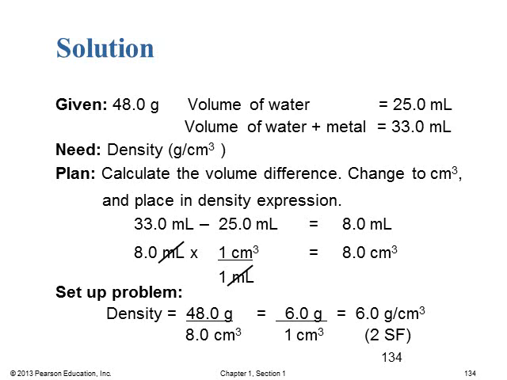All right, and that's subtraction, so we're only allowed to report one decimal. Then 8.0 times 1 centimeter cubed per 1 milliliter, because we want centimeters cubed, and we get 8.0 centimeters cubed. So we know the mass, and now we calculated the volume, and we can plug that into our density formula. We get 48.0 grams divided by 8.0 centimeters cubed, which is 6.0 grams per centimeter cubed. We're only allowed to report two significant figures, as 8.0 has two significant figures, which is the least amount of significant figures in our division problem.